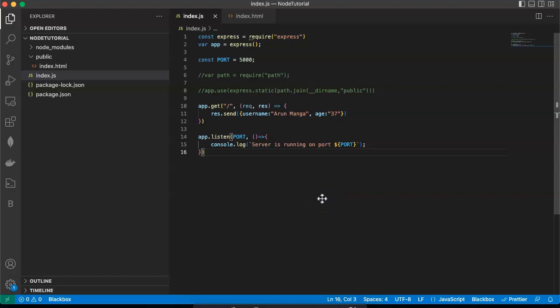This is Arun. In this video I will show you how to create a GET request and how to read query parameters from the GET request. In my previous video I showed how to create a sample GET request and how to send sample JSON as a response. Now in this video I will show you how to read URL parameters, query parameters from a GET